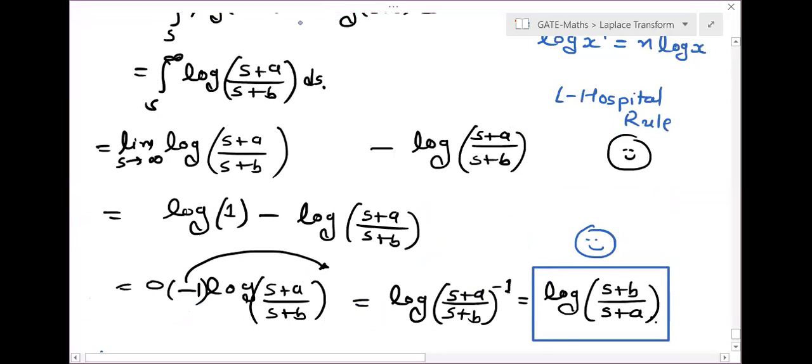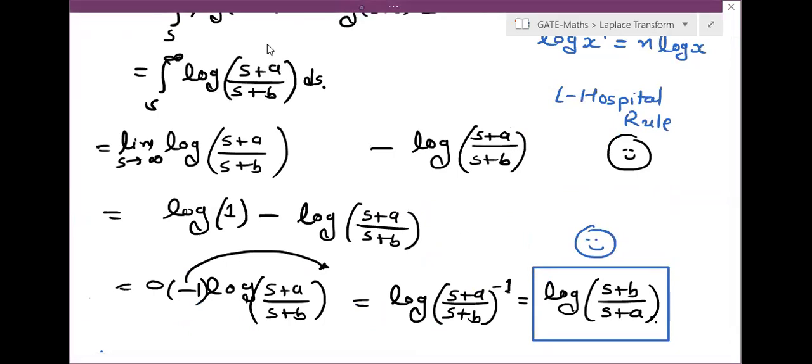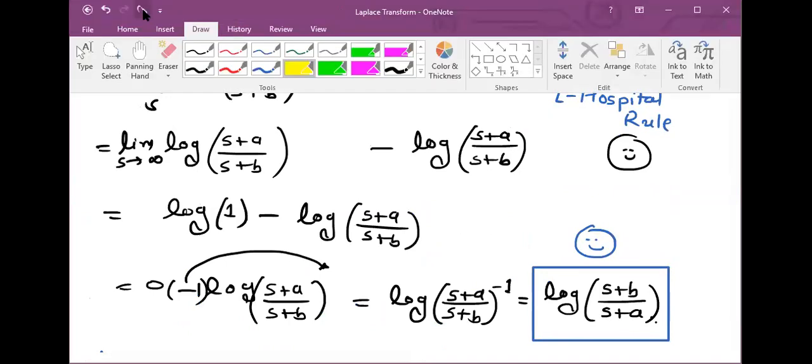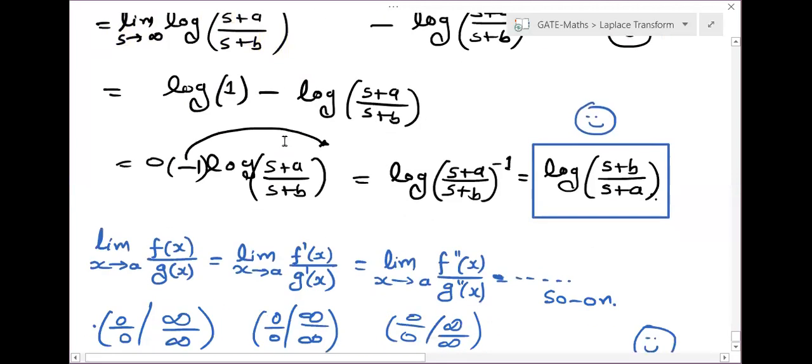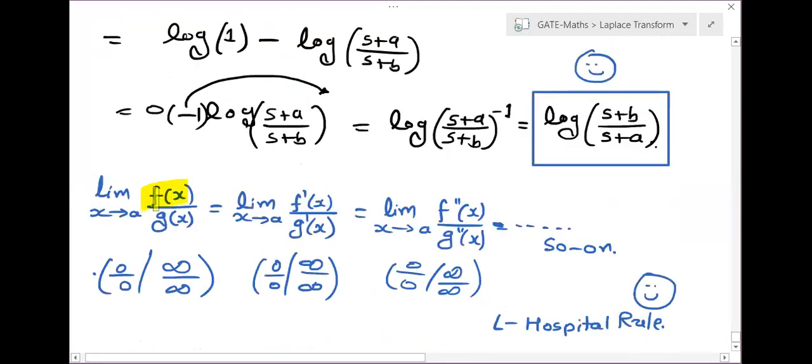The first step of a limit is to just release your limit and try to check its value. So if you release your limit here, limit s tends to infinity, s plus a by s plus b, it is your infinite by infinite form. This is infinite plus a, this is also infinite. So from L'Hopital, if it is infinite by infinite form, I can find the differential of the numerator in the numerator only and the differential of the denominator in